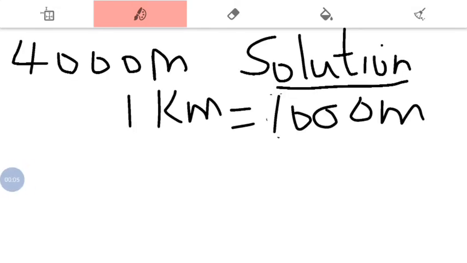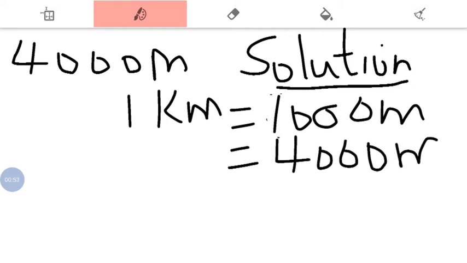Okay, now we have moved on to converting measurement from meters to kilometers. Now this is our first example. We have to convert 4000 meters to kilometers. Now the first thing you have to do is to write out your 1 kilometer equals 1000 meters. Now, since we are looking for the value of our kilometers, we write our 4,000 meters under our 1,000 meters, since they are both meters. So we have equals